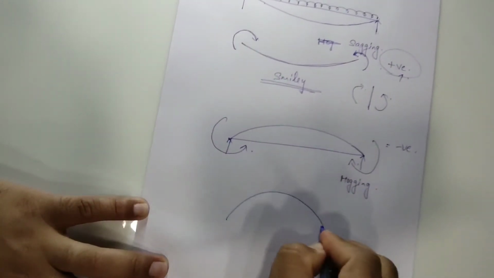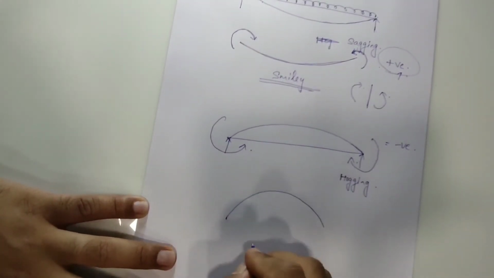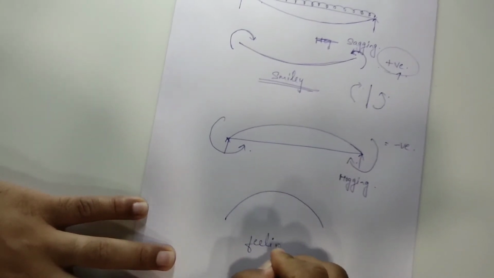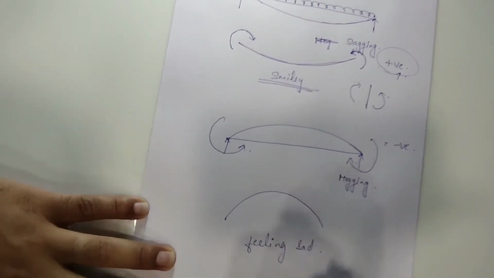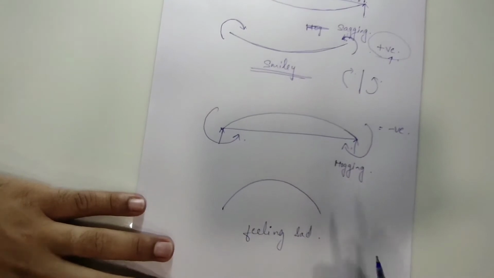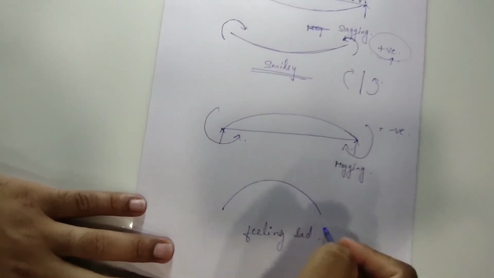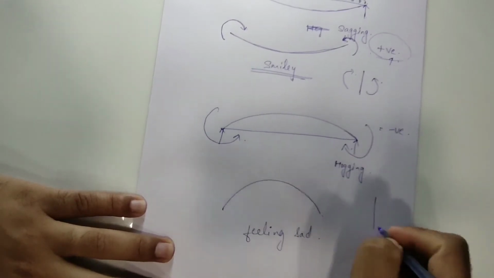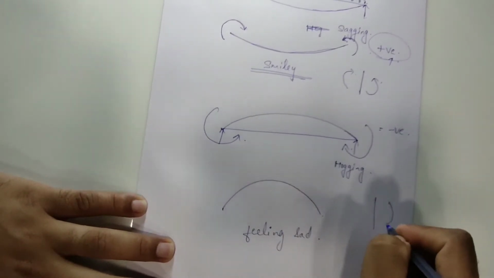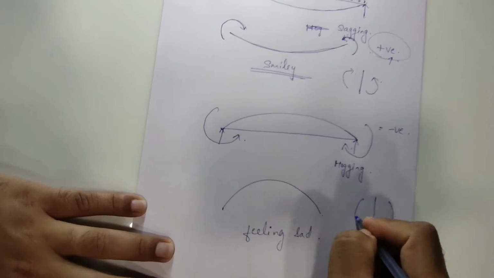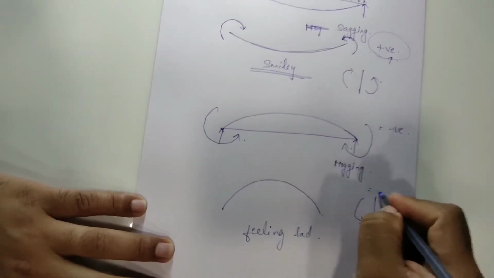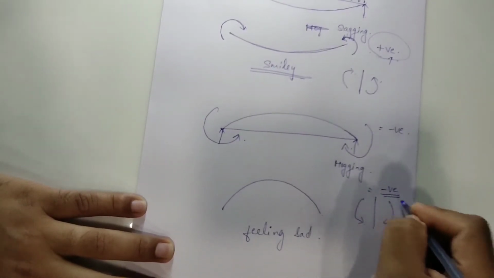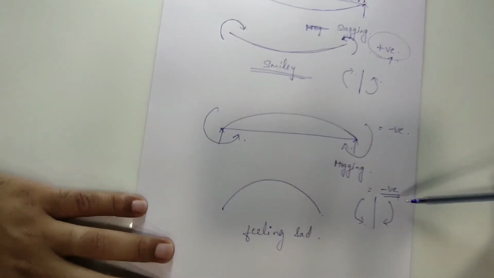So, feeling sad, that is a negative sign for a person also. And how would this sad moment be created? If a force is applied from the right hand side clockwise and from the left hand side anti-clockwise, that is the negative sign convention which we are going to use while taking the moment.